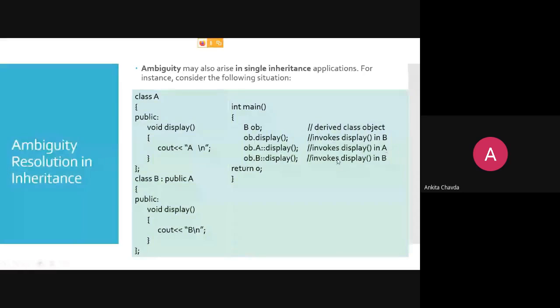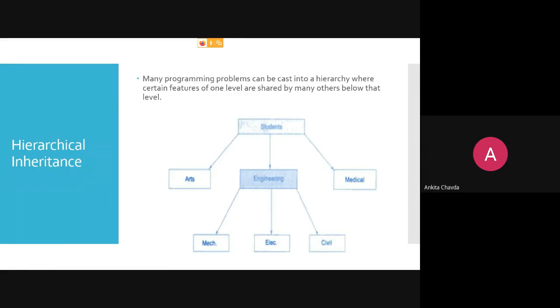So if you wish to call a function that is in your parent class, your superclass, you have to mention that you want the display method of class A. So it will call that particular class method. This is up to what we have seen.